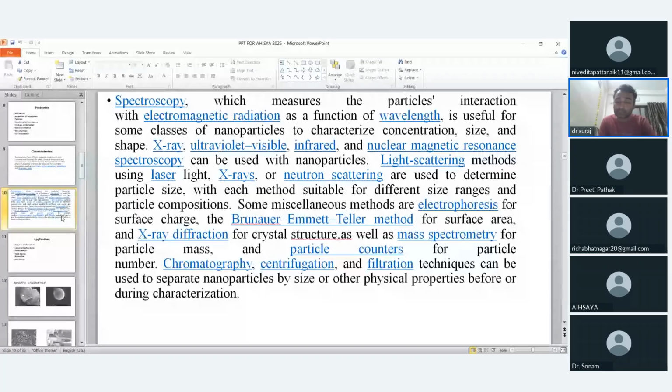If it is coarse powder, then SEM, scanning electron microscope, is more feasible. If it is a liquid sample, then TEM, transmission electron microscope, is more feasible. But fortunately, in our homeopathic samples at Parul University, our first year students and the PG students, second year BHMS students, have proven the surface morphology of liquid nanoparticles by STEM also.